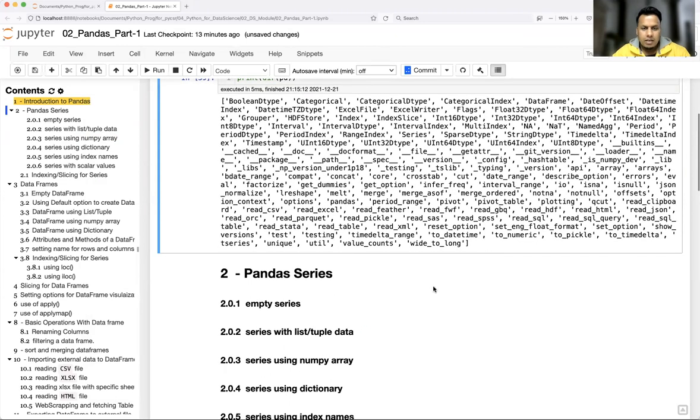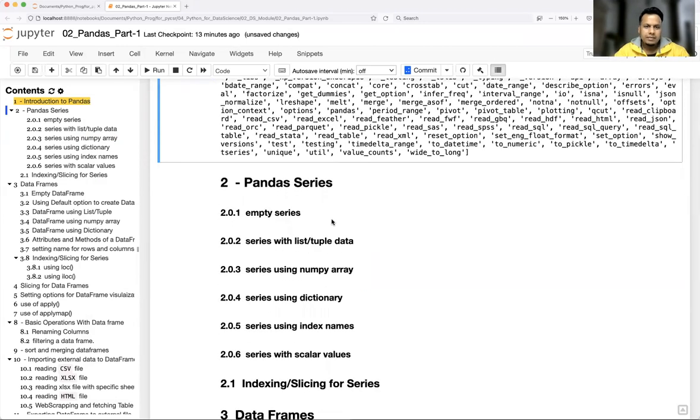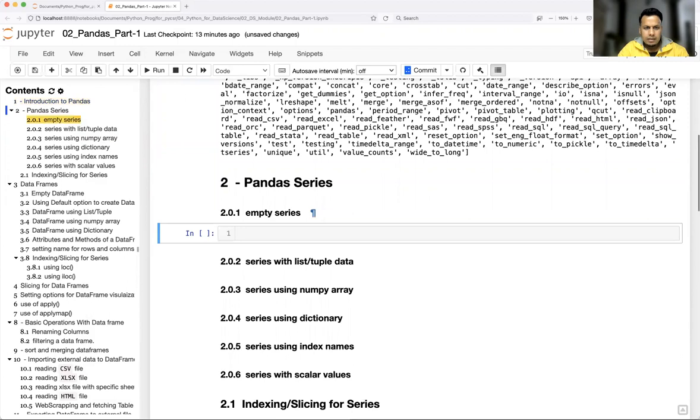So first comes the data series. Let's see how to create a series. Remember guys, I'm going to give the variable name as address, because this is a series, pd dot. Whatever function we are going to use is case sensitive. So the first letter of the function, that is Series, will be capital, the rest will be small.